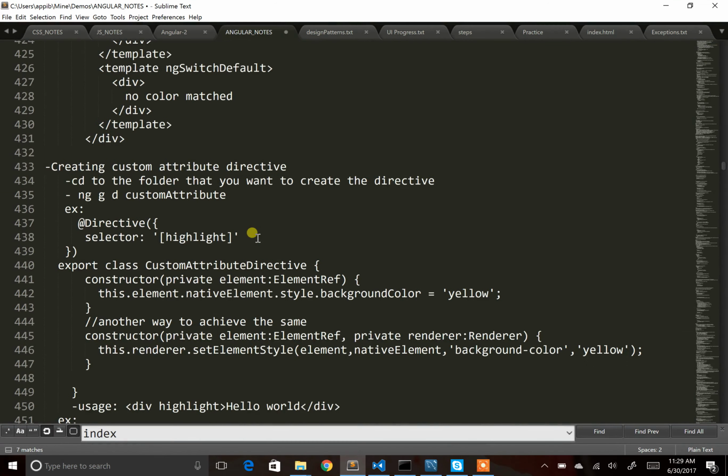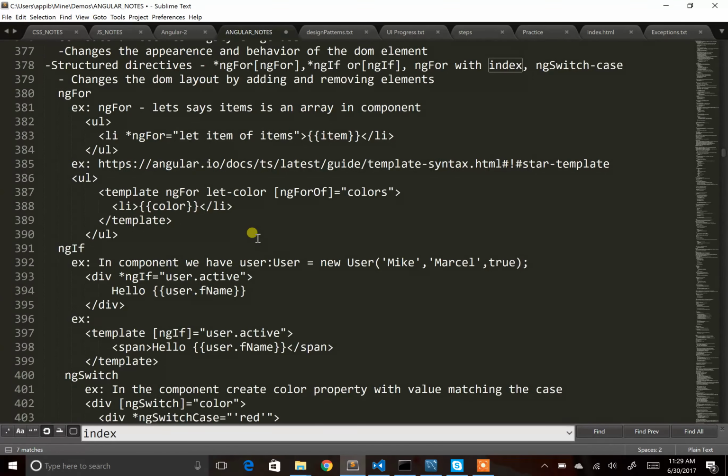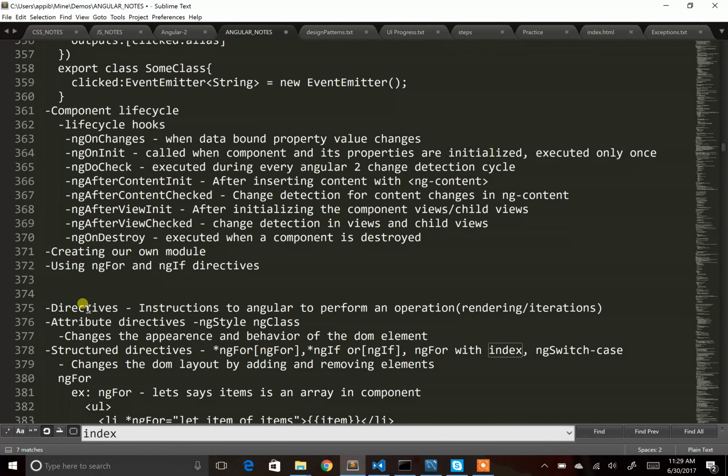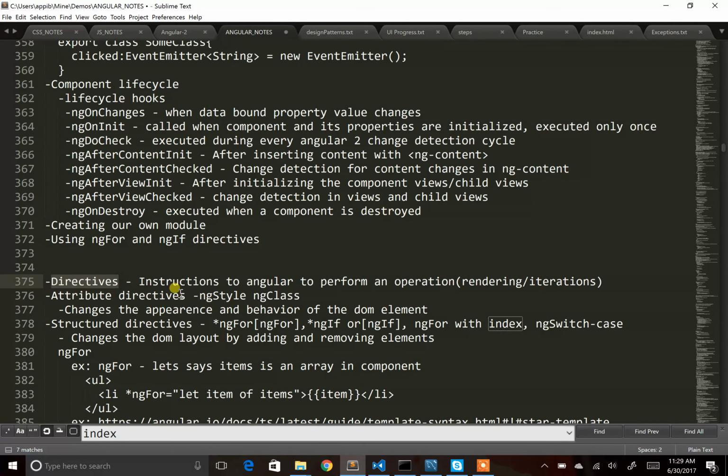It worked? Nice, awesome. Okay, so in today's session, we'll be talking about directives. We'll talk about component lifecycle a little later, and then we'll talk about directives first. So your directives basically are the ones that